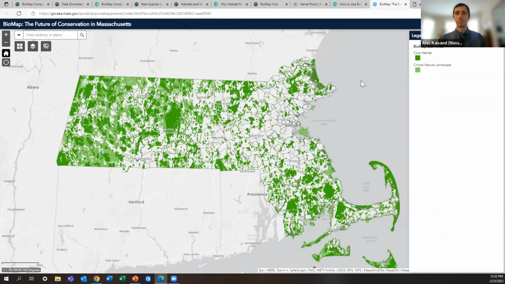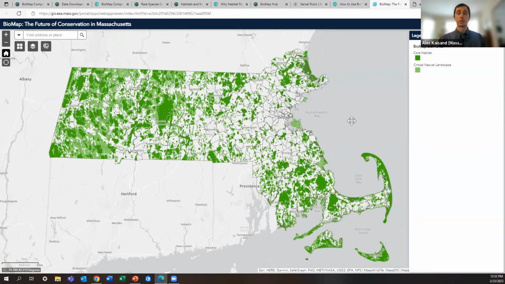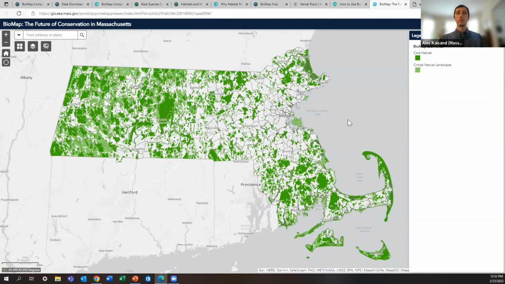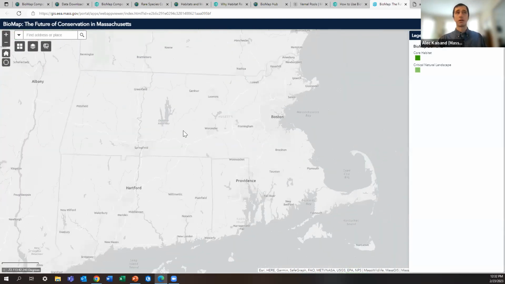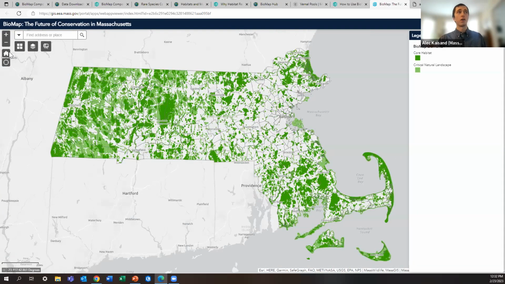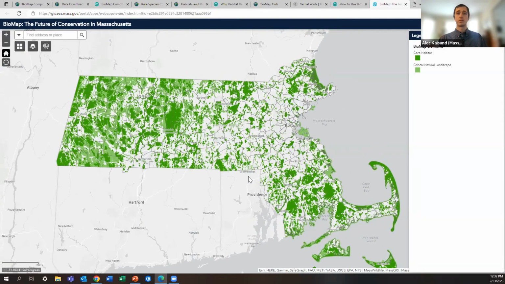But if we were to click on that full screen button, it's going to open up the interactive mapper into this tab here. Maybe you're familiar with ArcGIS Online, other maps that may look like this, so it functions very similarly. They'll start in this statewide view, and you have a lot of features around here. So we'll go through those. We have a legend that you see here, which you can collapse or open up. We have a zoom in, zoom out button, which you can use, or you can use a mouse if you're using a mouse. The home button is going to bring us to this default view of the statewide. And then this button here is My Location. That's going to show exactly where you are in the map.